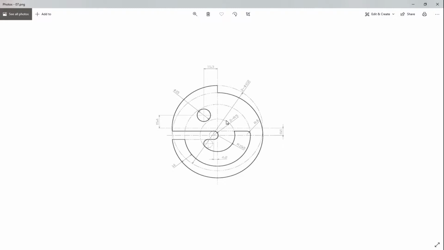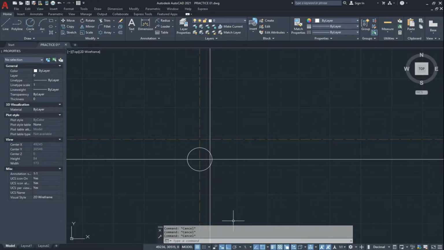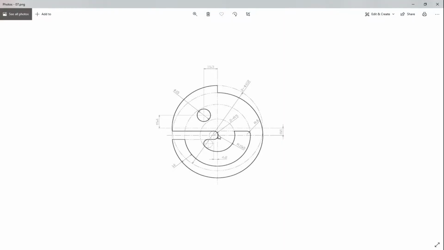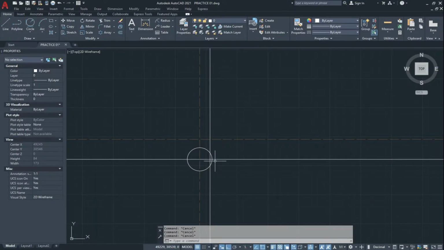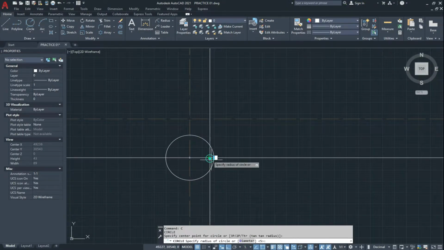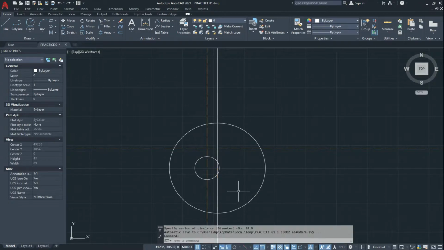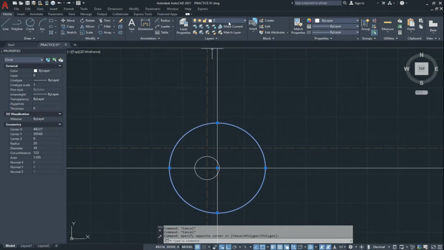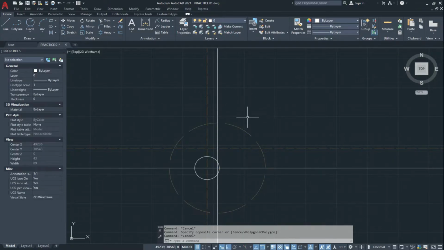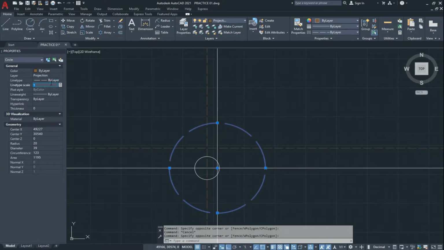Now we make this circle which has the radius 19.5 units from this center point. Enter, 19.5 units, and .3 units.